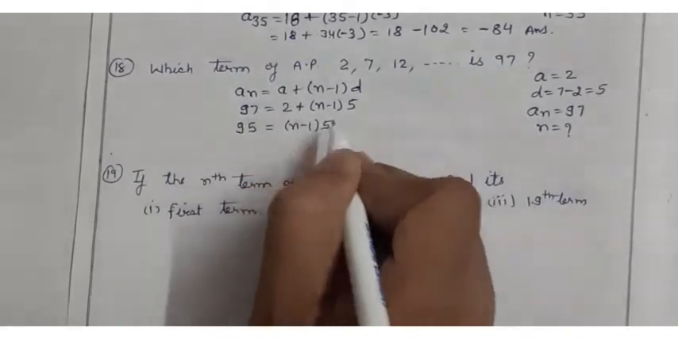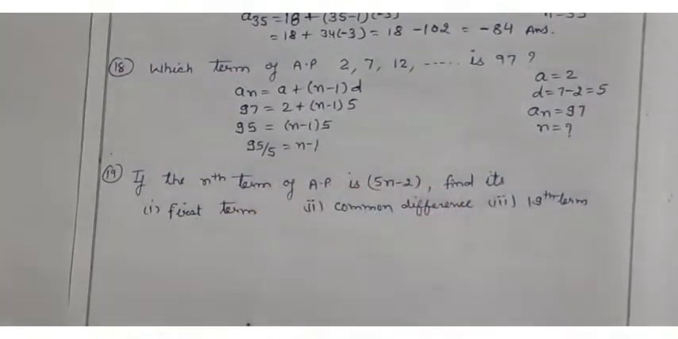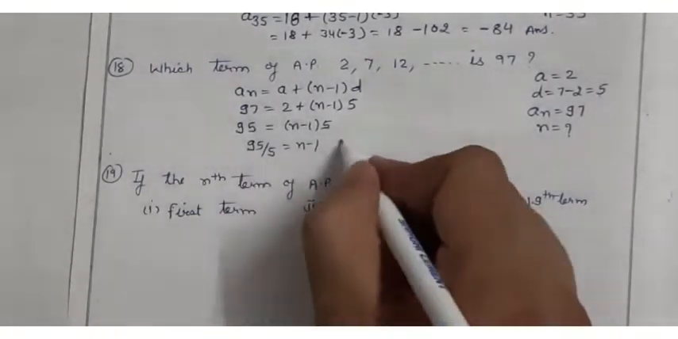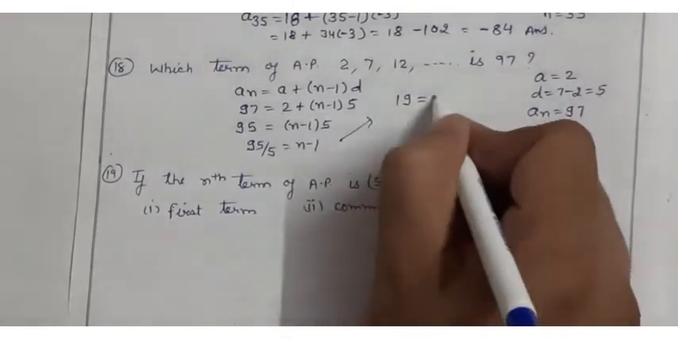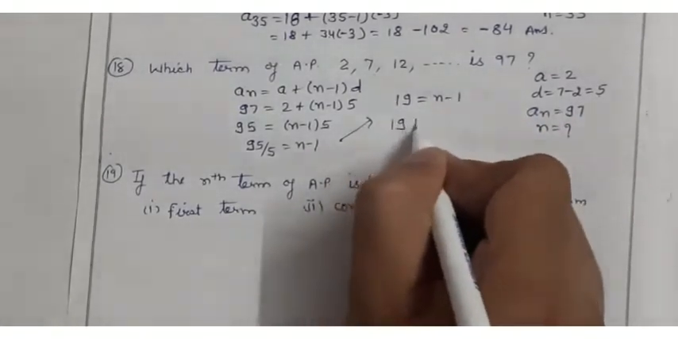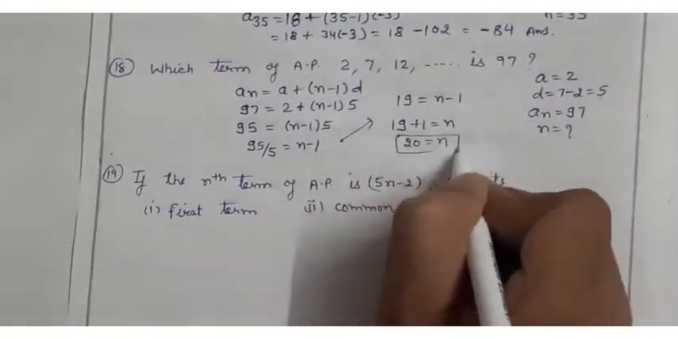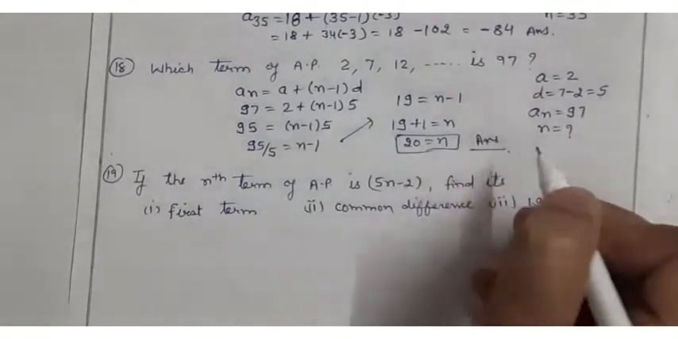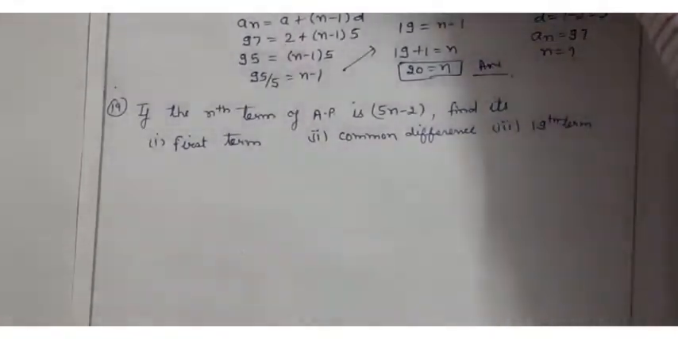So 95 upon 5 is equal to n minus 1. What will come? This is 19. 19 5s are 95, equal to n minus 1. Then 19 plus 1, then n. 20 is equal to n. This is your answer. Like this way you can do very fast and accurate. It is a very easy chapter, arithmetic progression. Come on to the next question. This is again very simple one, but